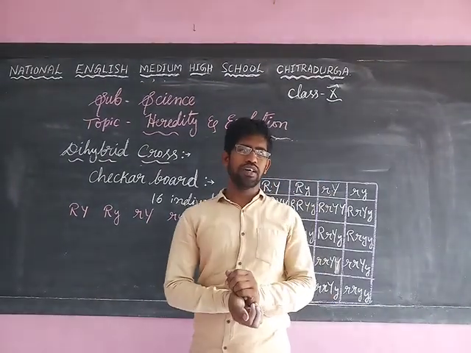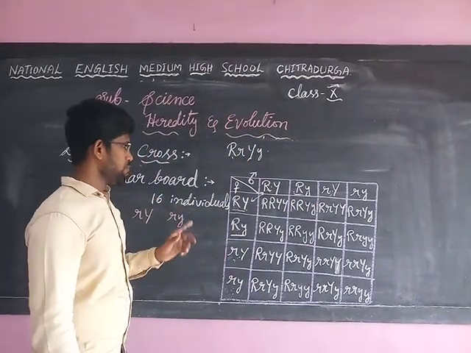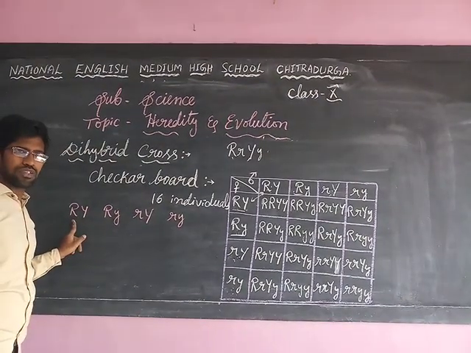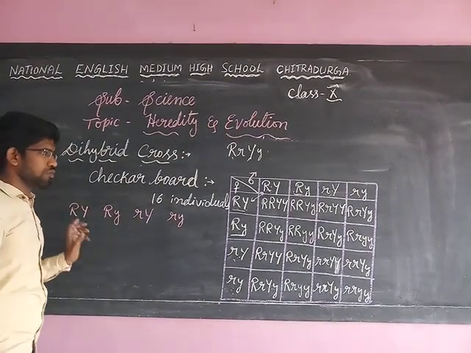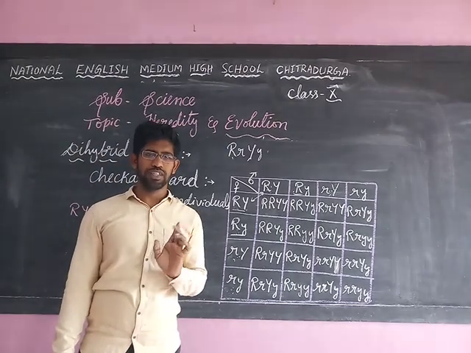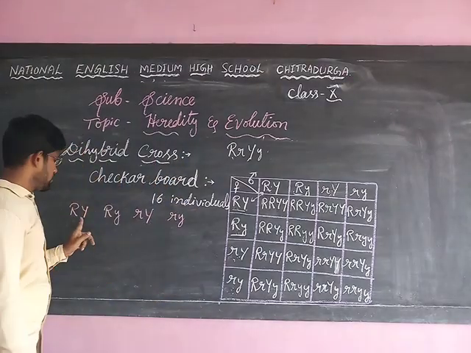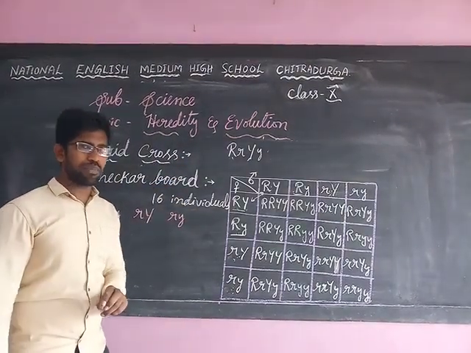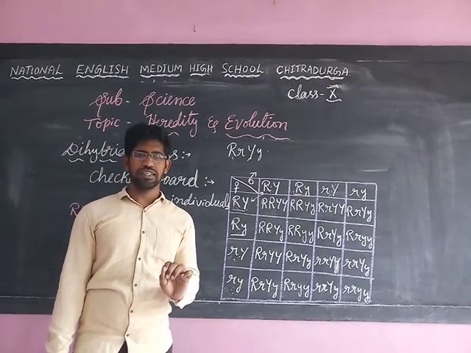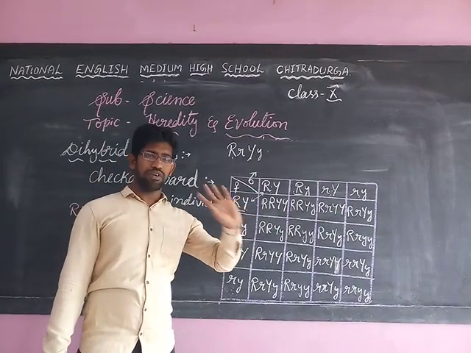So let me see how we have to identify the 4 characteristics in these 16 individuals. The capital letter, remember, here I used capital letter R. So it means we have to use that one. Either one capital R or both capital Rs, no problem. They represent the round shape. And like that, a single capital Y or double capital Y, both represent the same character, that is yellow in color. So that's why we have to find out where capital R and capital Y are present.